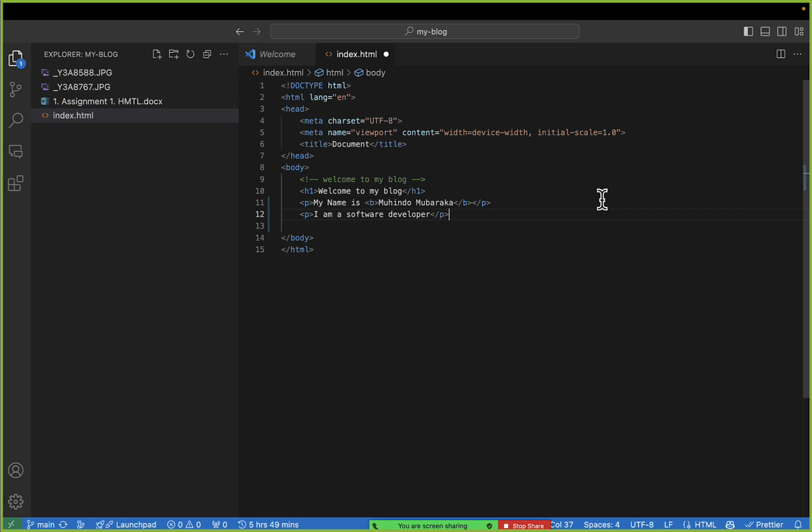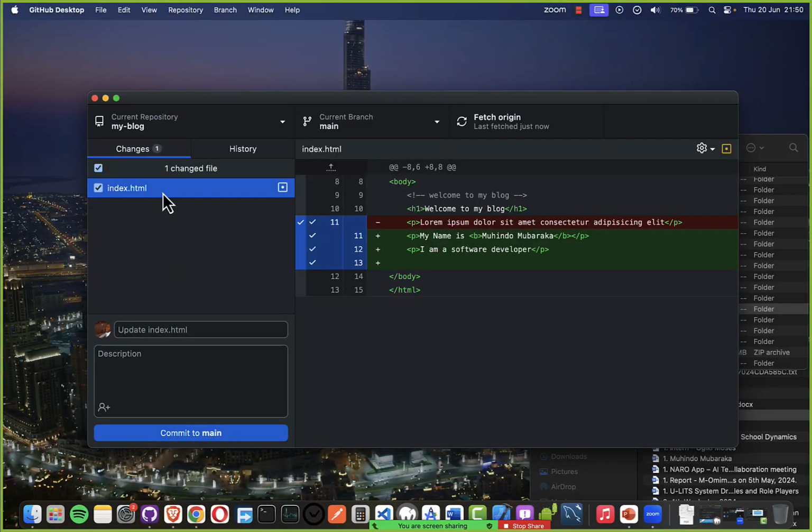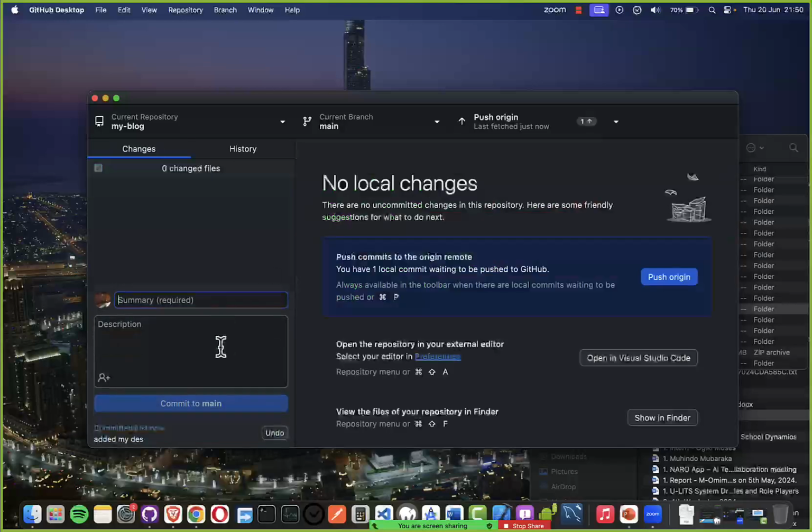I'm a software developer. If I save, GitHub will still detect that there was a change in the file, and these are the lines that were added. It will show you a red color that this line was removed and it was replaced with these two lines. So I can say maybe "added my description," then commit and